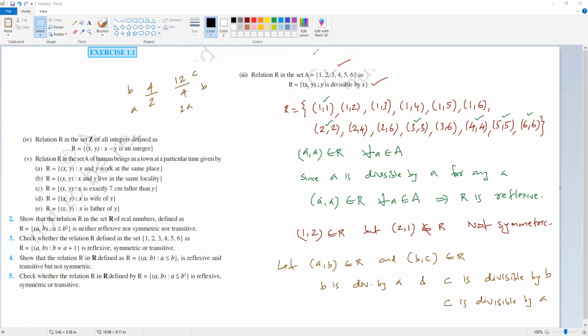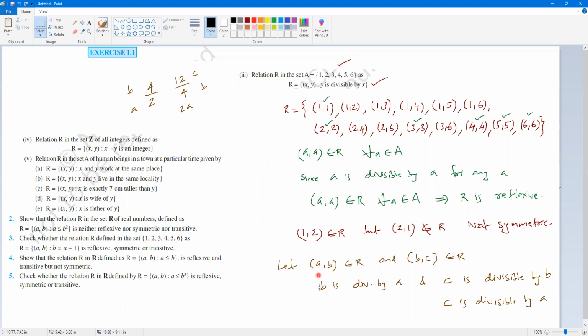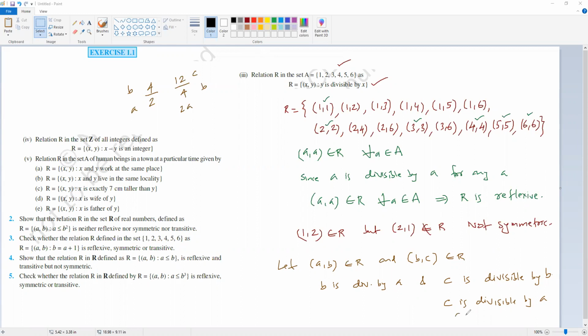So in simple logic, showing one example will not work; we have to prove it generally. So (A, B) is in the relation and (B, C) is in the relation. This means B is divisible by A, and (B, C) means C is divisible by B. So we can divide C with B, and B itself can be divisible by A. So that means C is also divisible by A. So we can say (A, C) belongs to R. Therefore R is